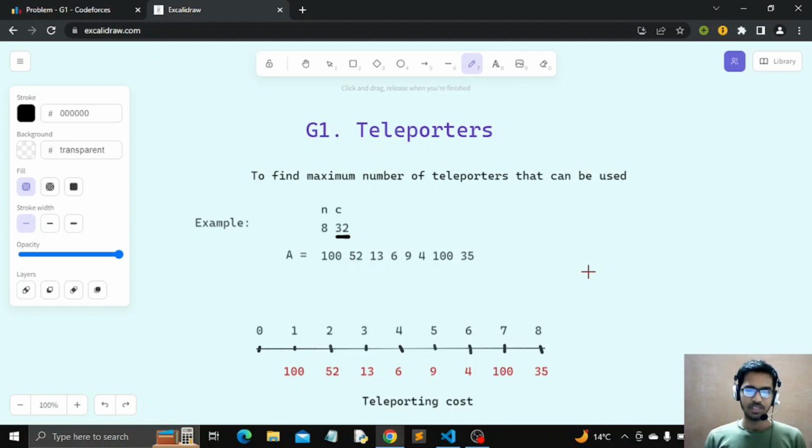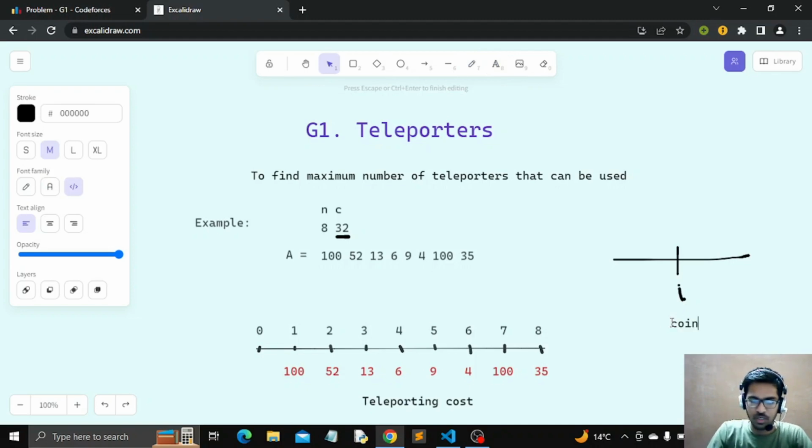As we have a fixed amount of coins in the beginning, and if we want to use the maximum number of teleporters, we should first access those points from where teleporting is cheaper, right? So what we can do is, for each point we can calculate the total cost of teleporting back to point 0. For a particular point, let's say we are at point i, the total cost of teleporting from this point would be